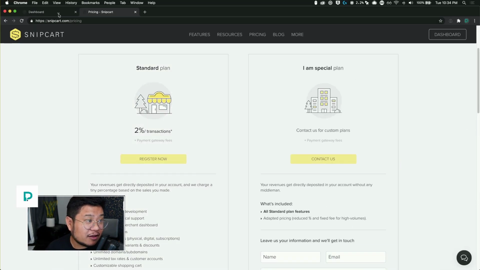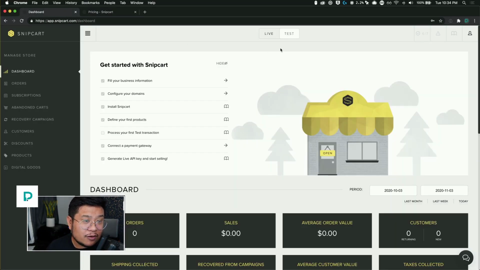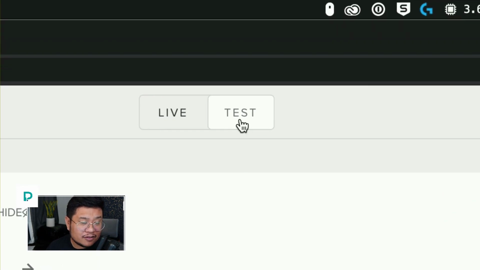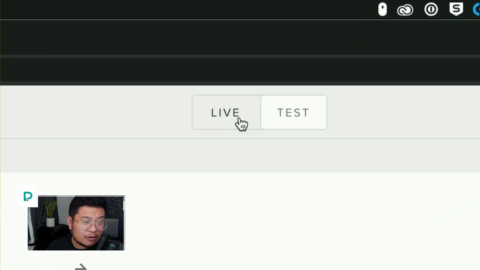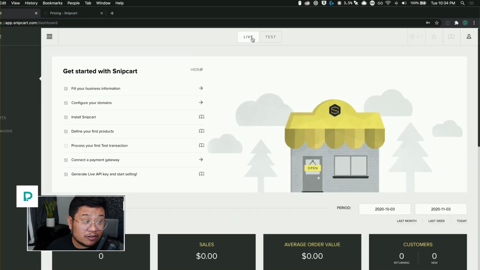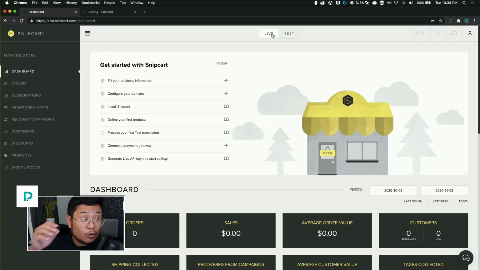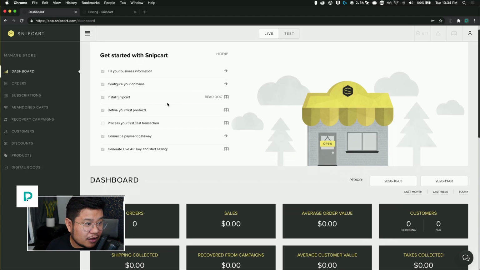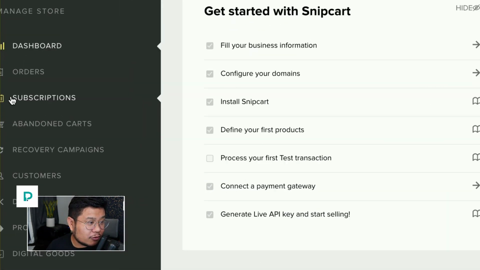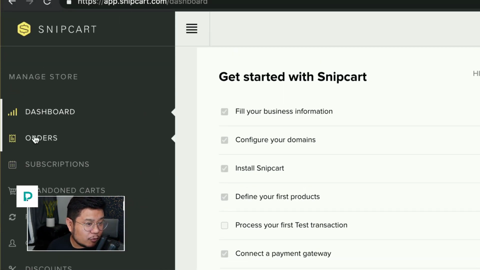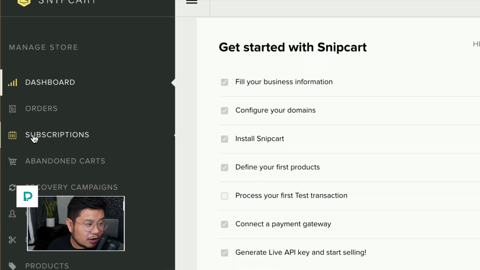And what I mean by that is when you go to your dashboard, you have 2 modes. You have your test and then you have your live. So once you go live, then that's when you're going to start selling stuff for real, and you're going to pay that 2% transaction fee. Plus, on this dashboard, which is really, really nice, you also get to see what orders come in, any subscriptions that you're selling. So yeah, they do subscription-based products.